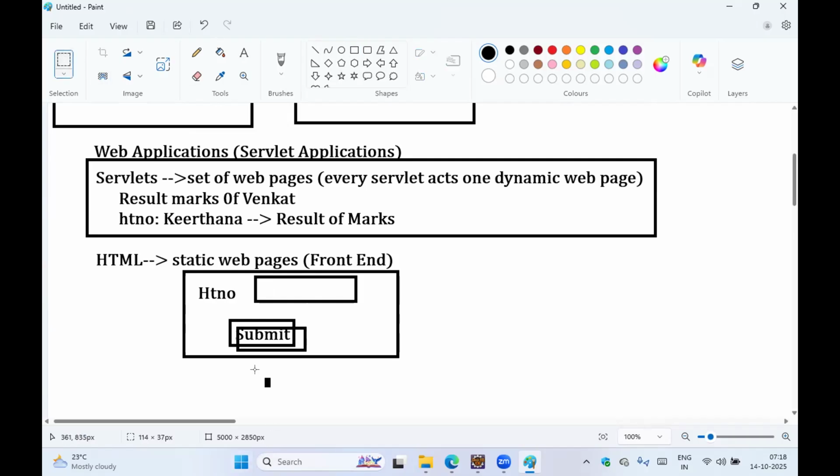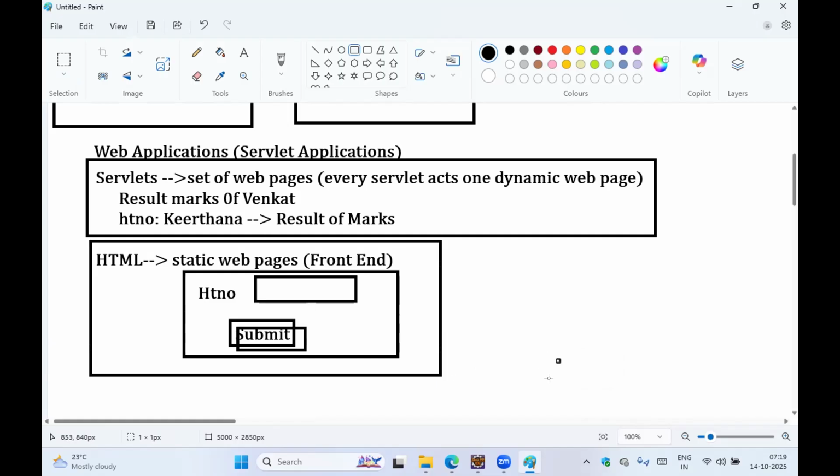Different. Dynamic output. But is HTML giving a static output or dynamic output? Static output. This is about static content and dynamic content. Now, when we want to develop a servlet application,